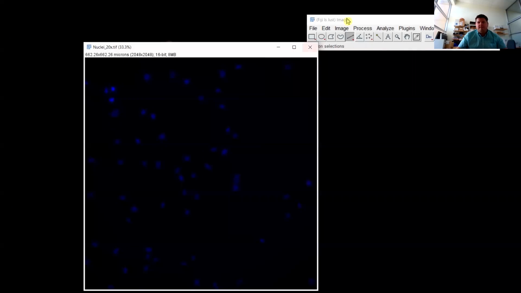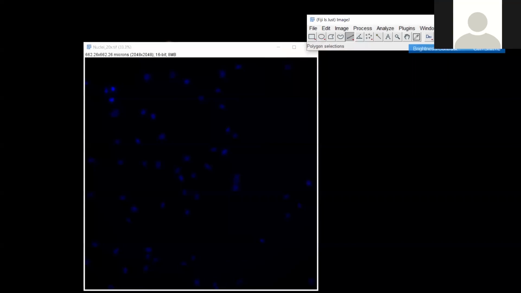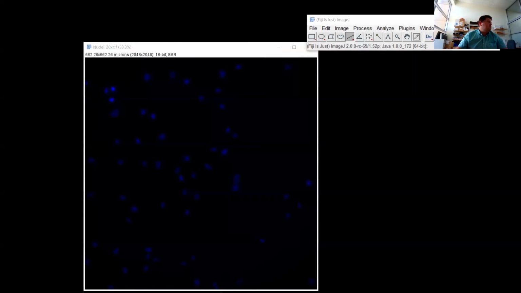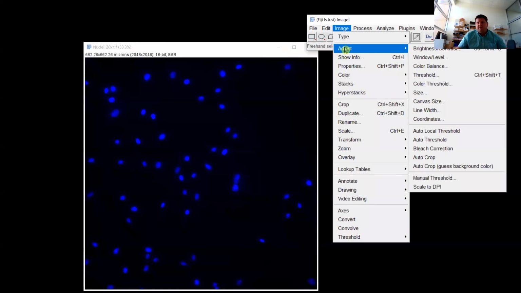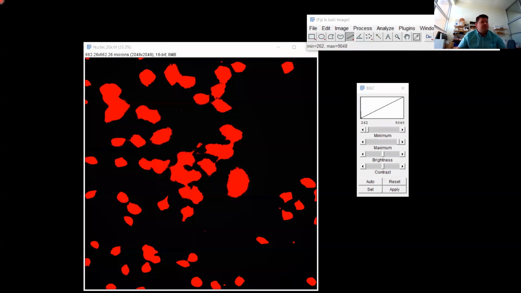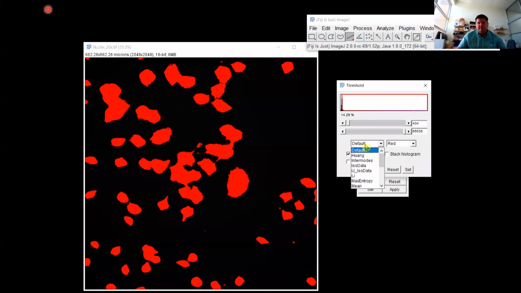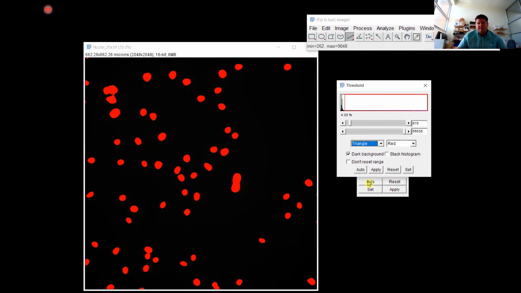thresholding, I'll do the nuclei one. Okay. And so if I make the brightness, we can see all of the nuclei. You could go and do a pre-filtering step. You see that's taking way too many with the default. So let's change it to the triangle. And so let's say that my analysis step would be something like,